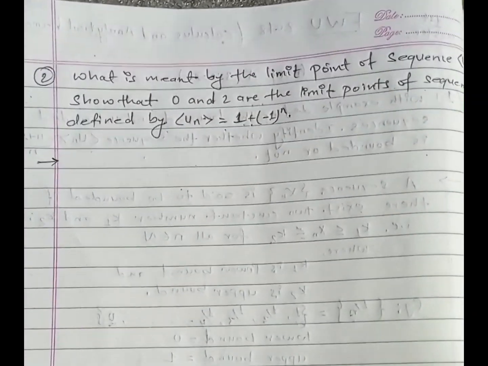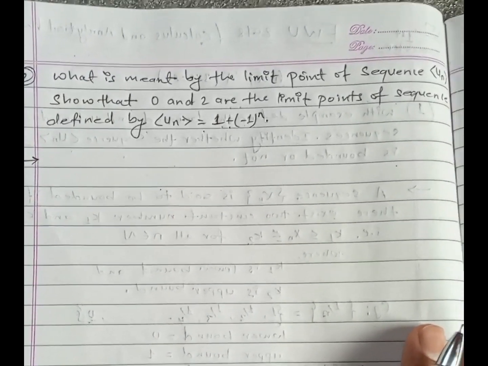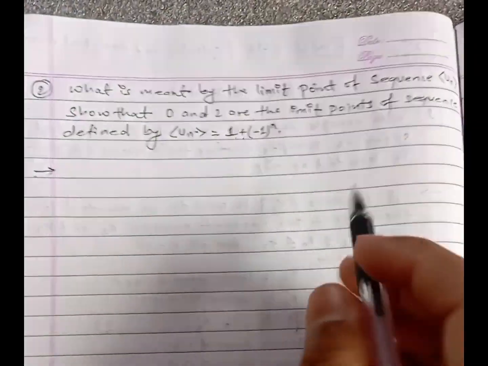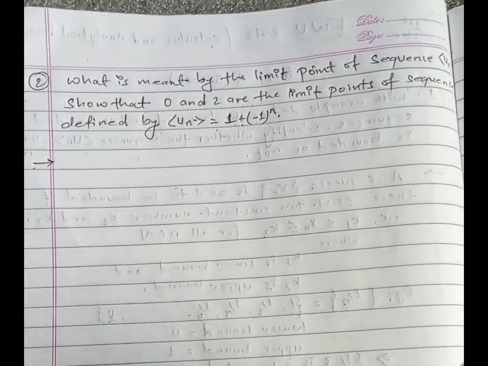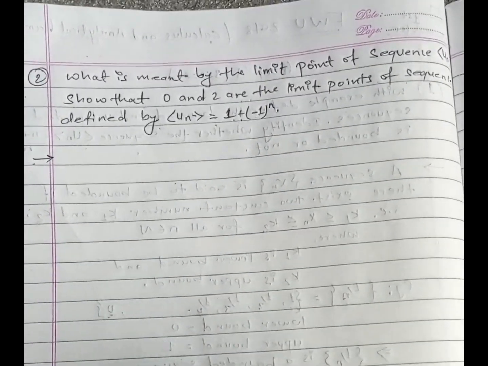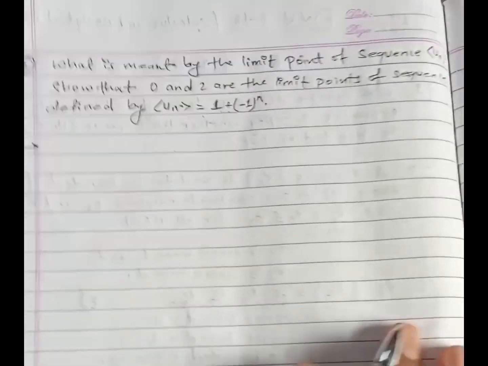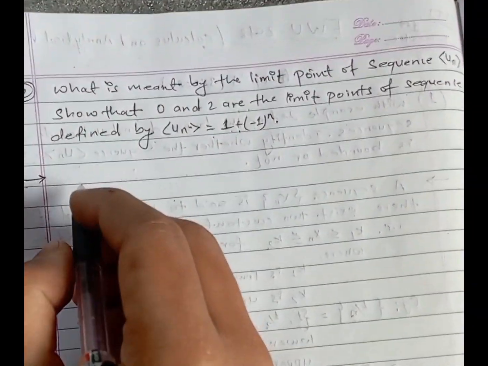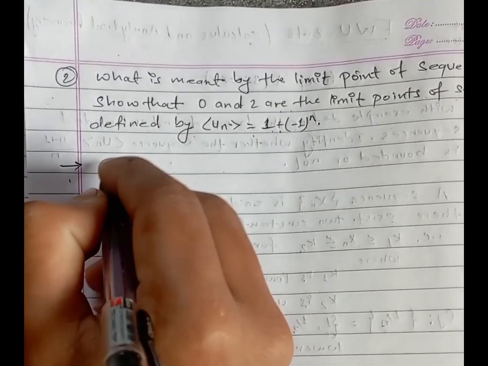So first we need to understand that limit and limit point are two different things. They are different from each other. A sequence may have two or more than two limit points. It may also have one limit point, but a sequence always has only one limit. So what is a limit point? Limit point, let's assume